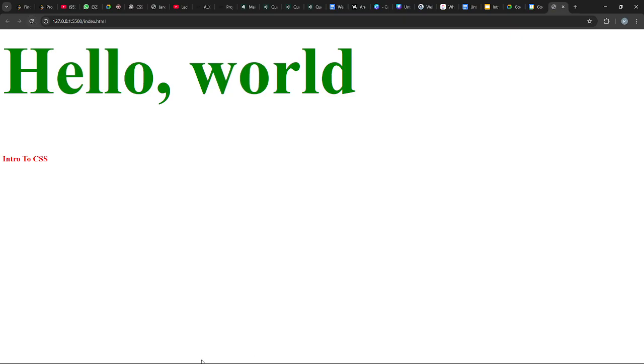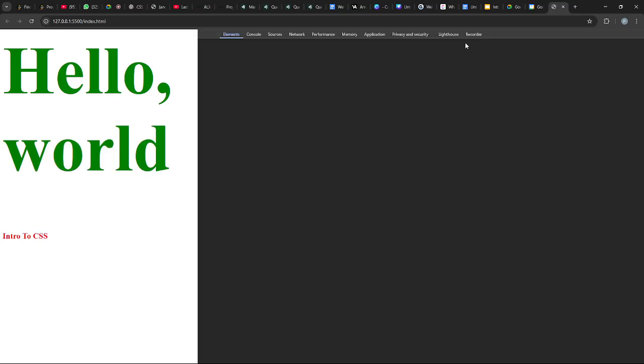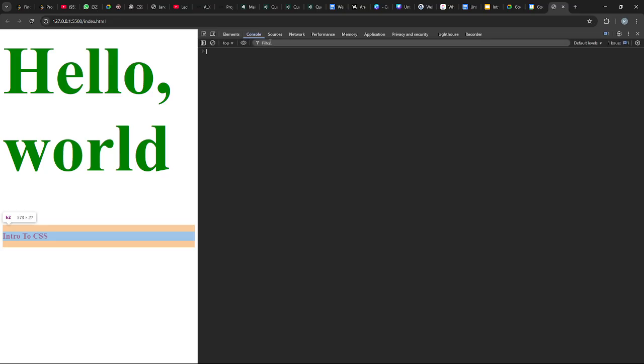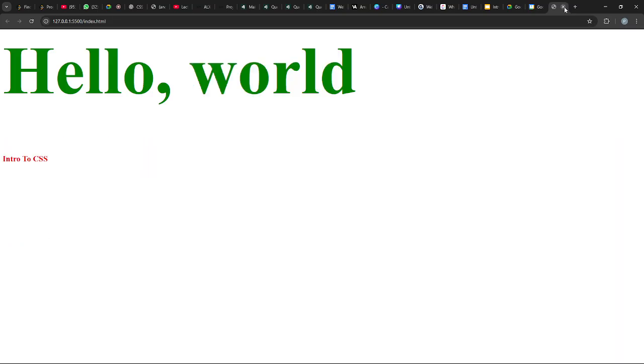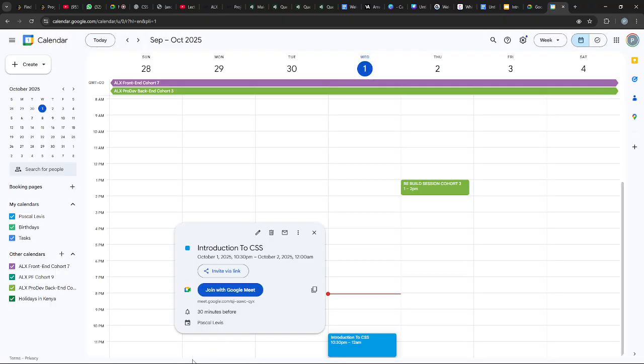Okay, let me open it again. Let's open it again. If that's the issue, okay, let me open it again. Because what I'm anticipating it to do is it should change the color of the page because the page is